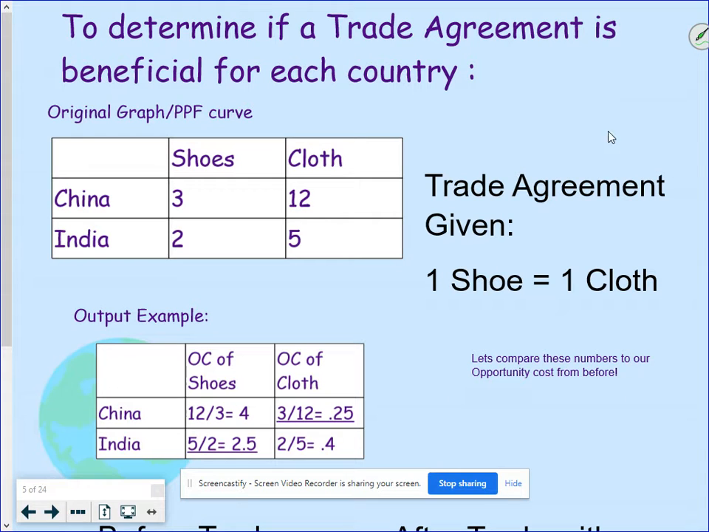Okay, so we are still on this problem. We are still on the China, India, shoes, and cloth. We have one more piece of this question left. And the question is always,